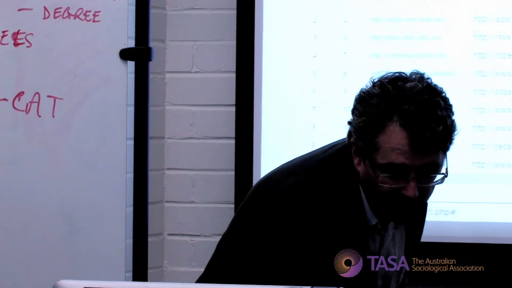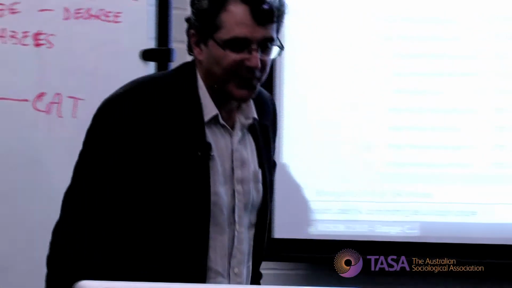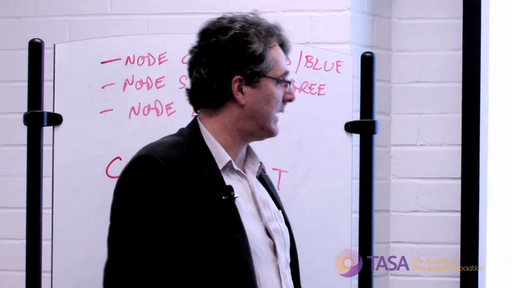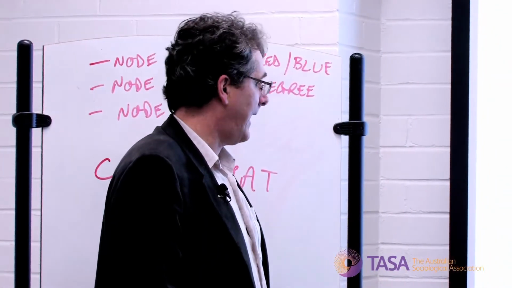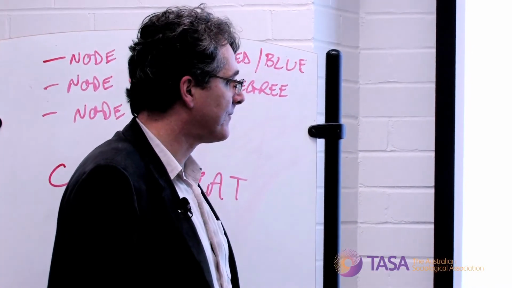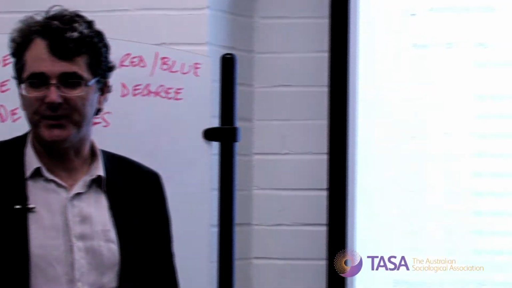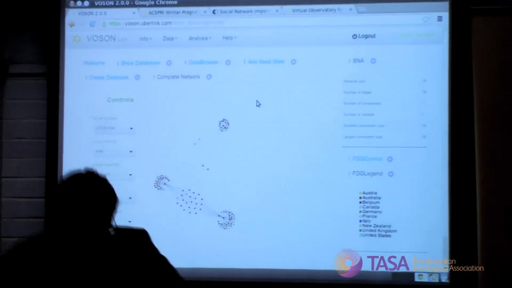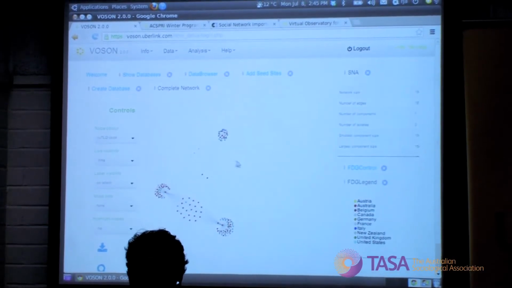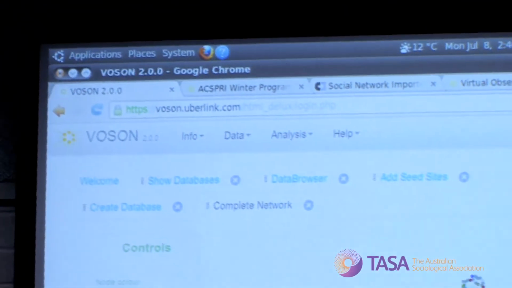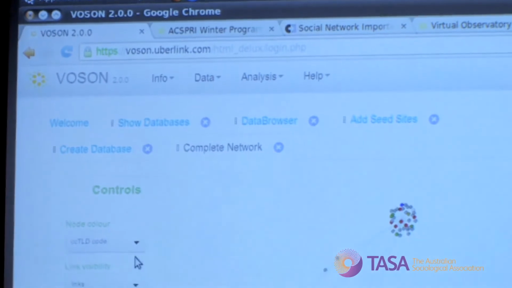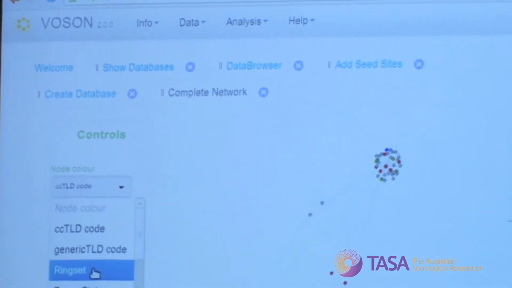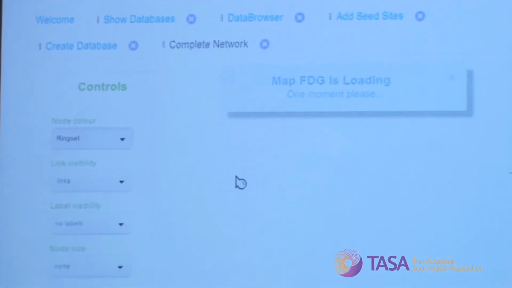So how can we visualize this? Well, of course, it's network analysis, so we have to have a visualization, and it's thinking. This is slower than NodeXL because this is actually coming over the web. It's a web application. And that's what the network of these three seed sites look like. I can zoom in with the mouse. I can change the node color. So these are things that will be familiar to you now that you're NodeXL